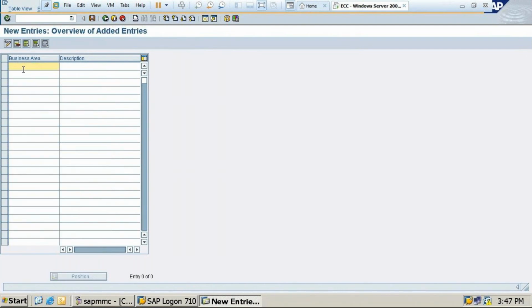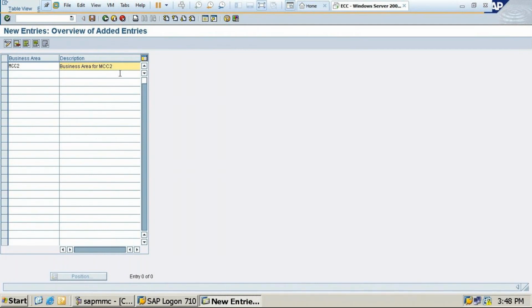The business area code is MCC2. It cannot be more than 4 characters. For the description, I'll just give Karnataka, or you can type business area for your company code, business area for MCC2. Even like this we can create.